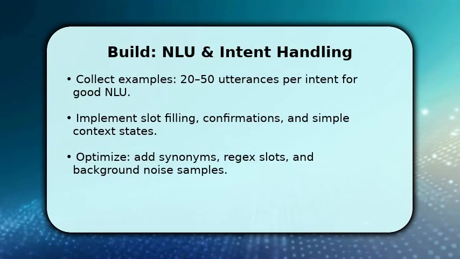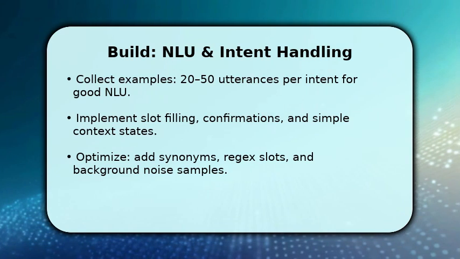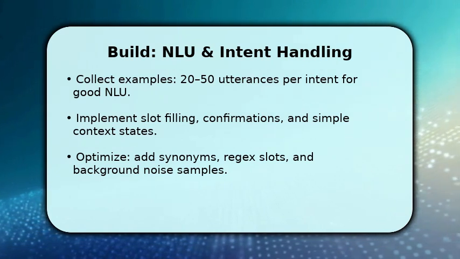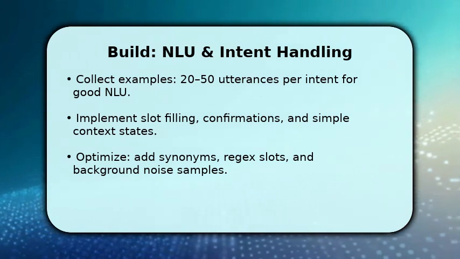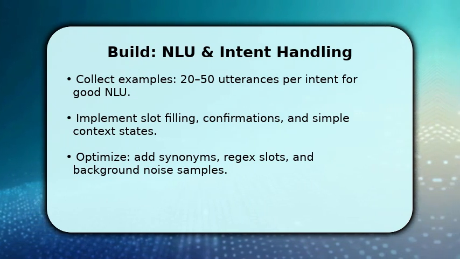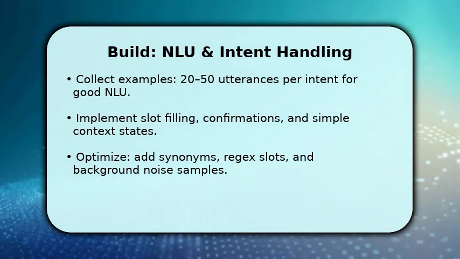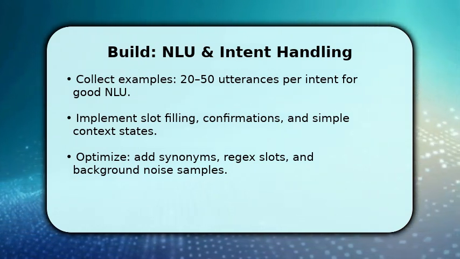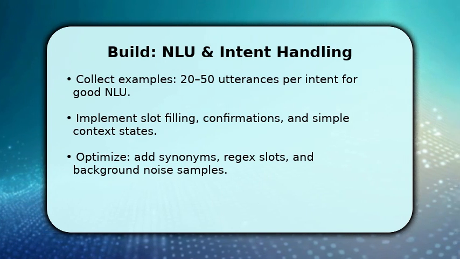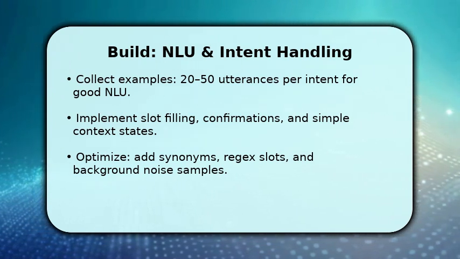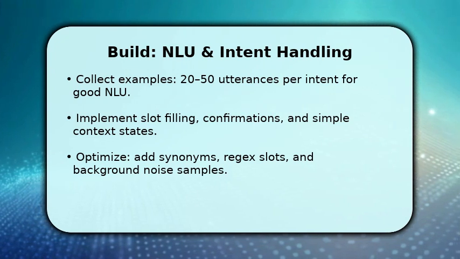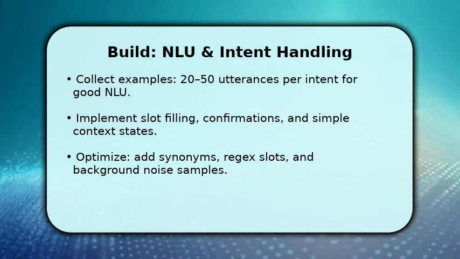Now focus on the middle work, training natural language understanding and robust intent handling. You should collect 20-50 example utterances per intent, then implement slot filling and confirmation prompts so the system can ask for missing information. Once done, add synonyms and reject slots for structured values and include background noise samples in training